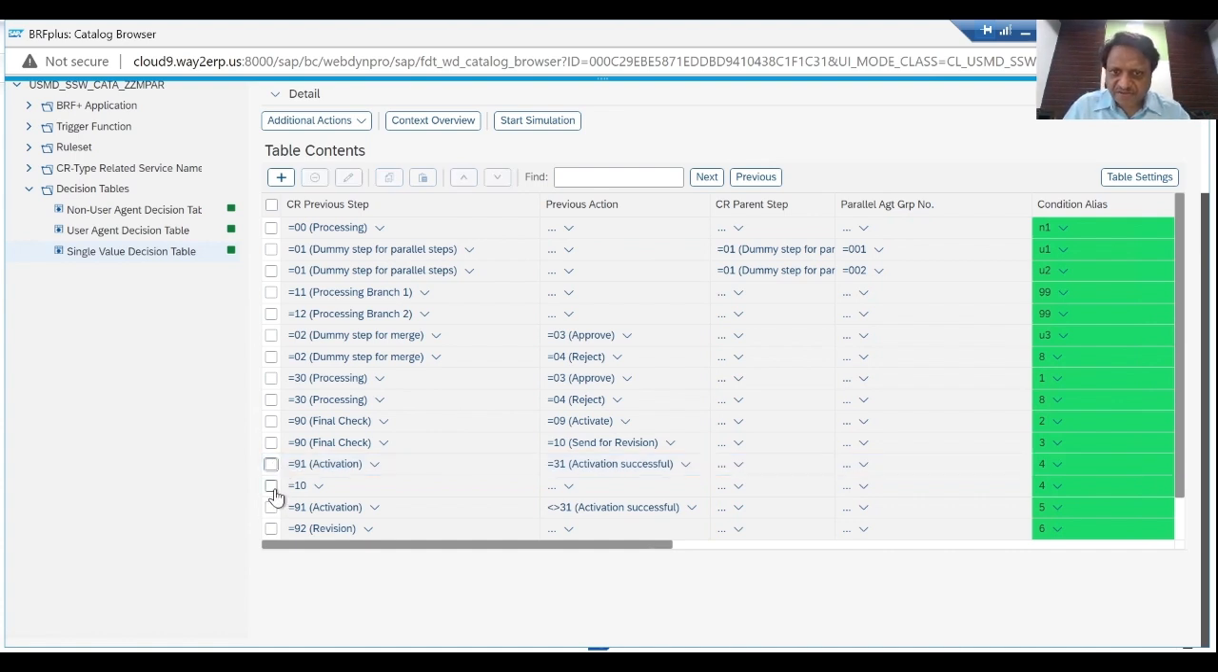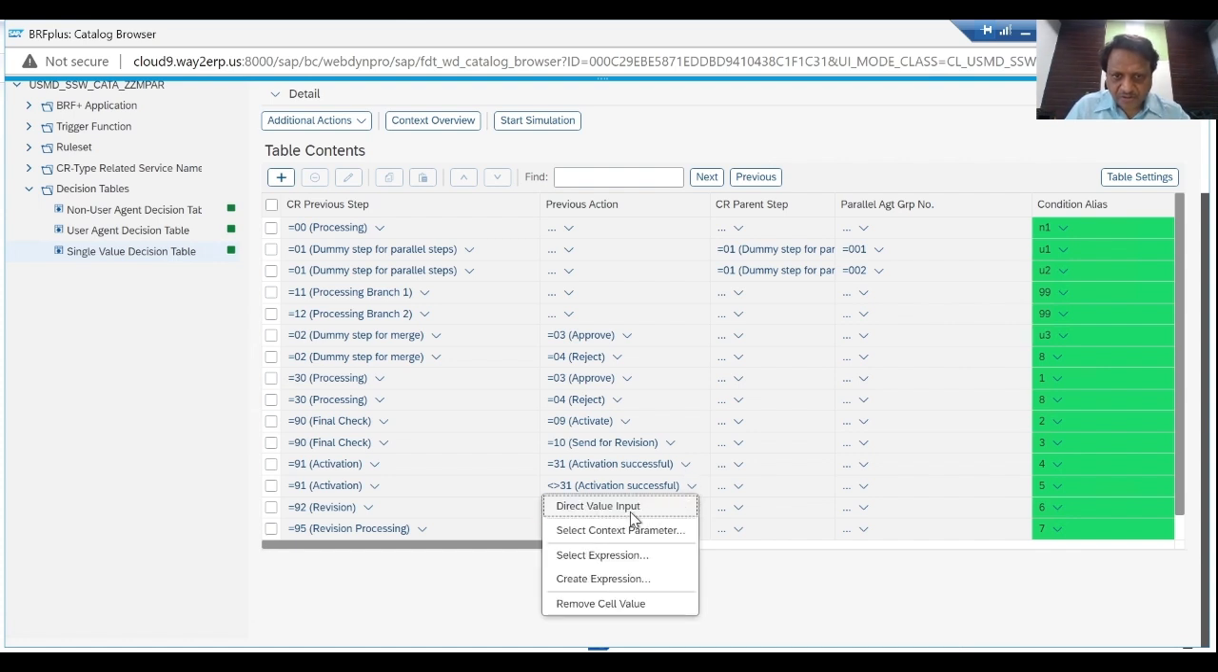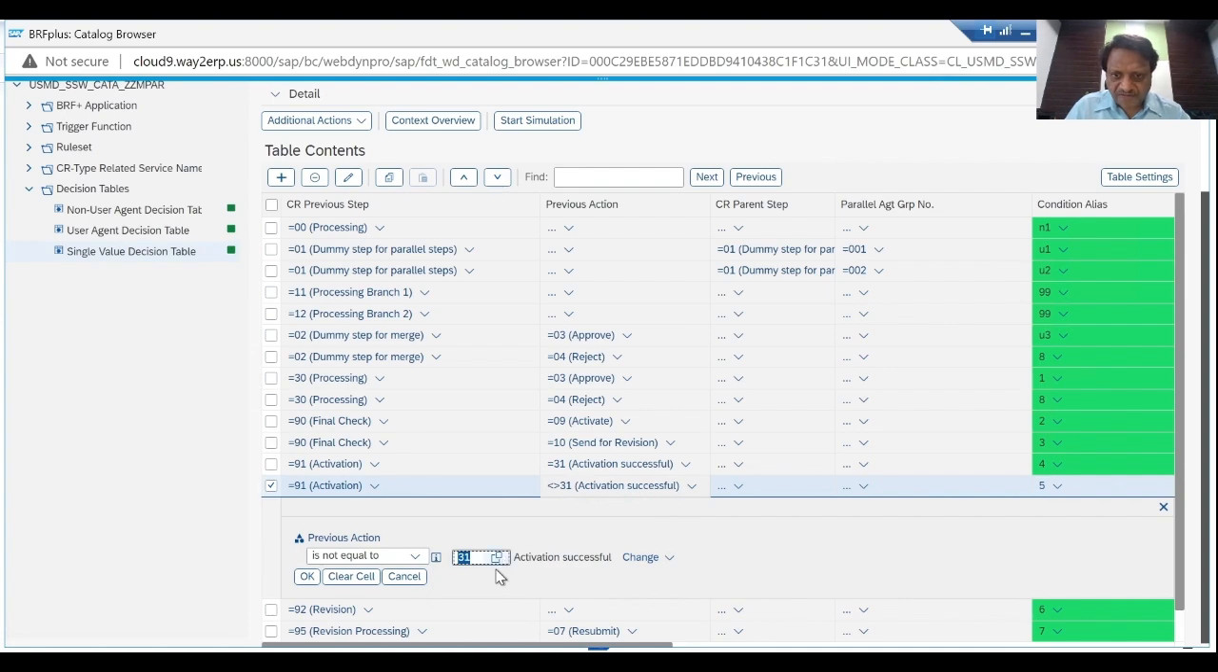Now the other condition is, so I can remove this line, it is not required. 91 activation with this step, if the activation is not successful, so I can then say the condition